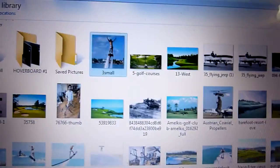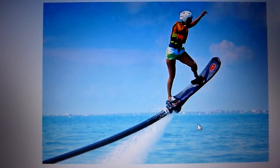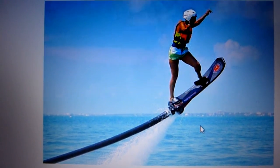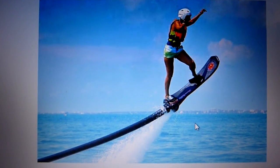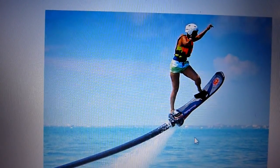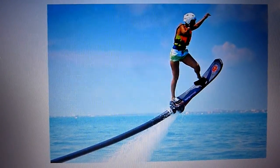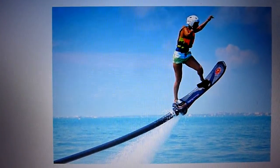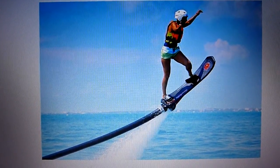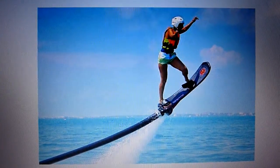Now, I'll have a look at the other hoverboard. This is the better one, but mine doesn't work exactly like this one. This has got a squirt on the angle. It's squirting on an angle, you see. You give it more forward thrust, which is great, but for my hoverboard you can't have it like that, because otherwise you have to keep the nose right up at a steeper angle just to stay in one place, you see. And so it's okay for running on the water, of course, but I'm going to go